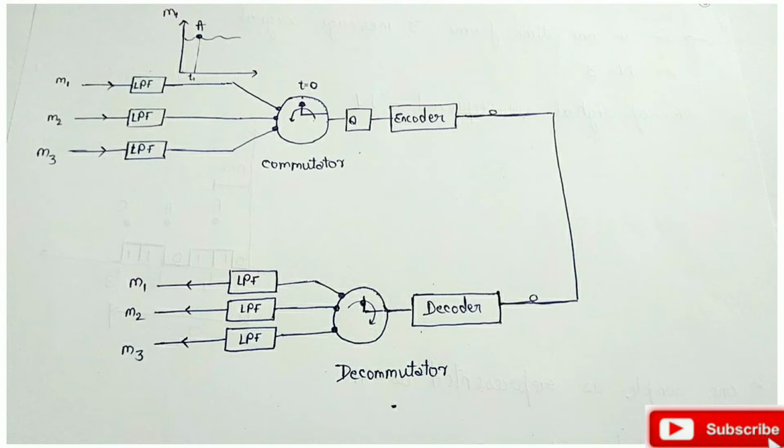For understanding, let's suppose M1 and M2 are the two input signals and M3 is 5 continuous 0s, which is sent by the commutator to the decommutator as the signal that one complete cycle of rotation is complete. When the decommutator receives those 5 continuous 0s, it sends a signal to the commutator that one cycle is completed. Then the commutator starts its second rotation and in this way it maintains the synchronization. I already explained all the functioning of the TDM in the last video. If you are directly watching this video, please watch the last video for a better understanding of the concept.